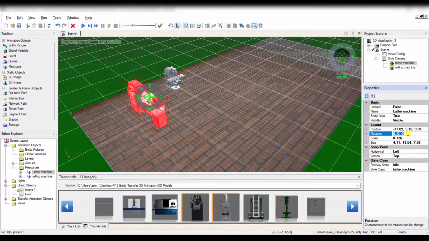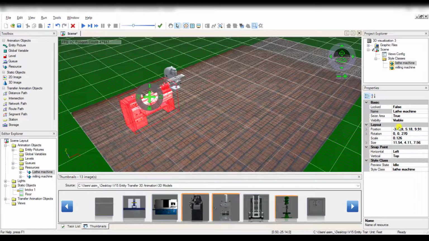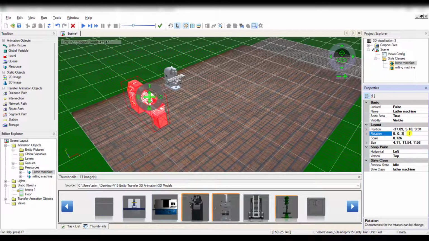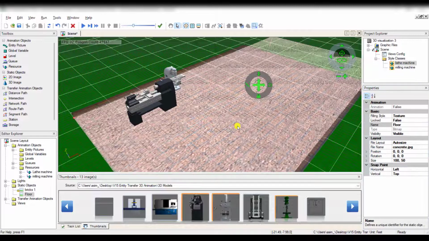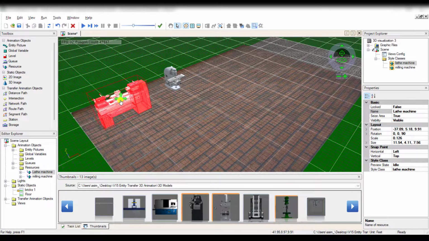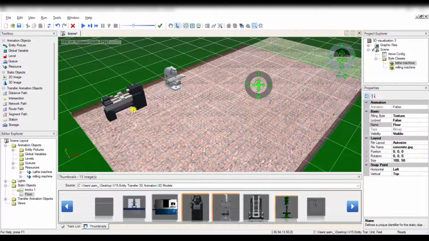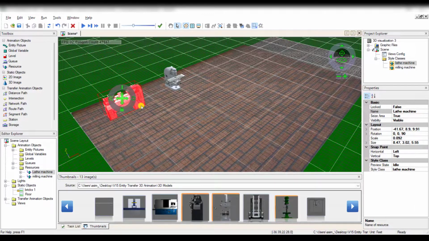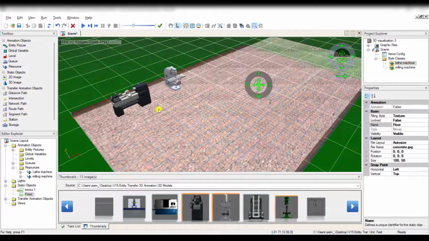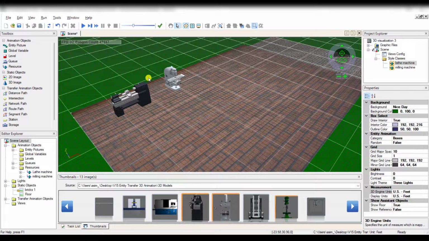Okay, so let's rotate this machine as 180 degrees, 270. Let's change to 360, 90. Okay, so this is the required position that I want. So a little bit step down. So you can see both custom CAD model files, the milling machine and lathe machine, have been added